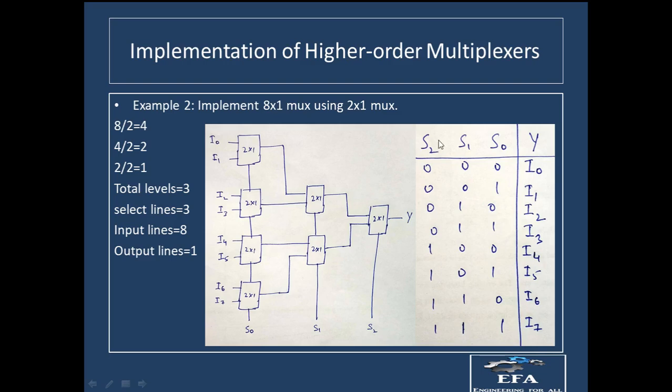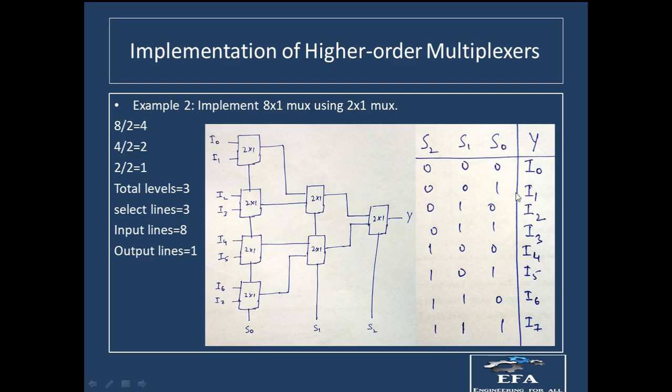S2 will be written first of all, S1 in the middle, and S0 at the end. You need to remember this very carefully, because if you write S0, S1 and S2 in these positions, the outputs will change. This is a very important tip. So whatever is there in the select lines, we have to write the last select in the first position, the middle one in the middle, and the first one in the last position. In this way you have to arrange the select lines.